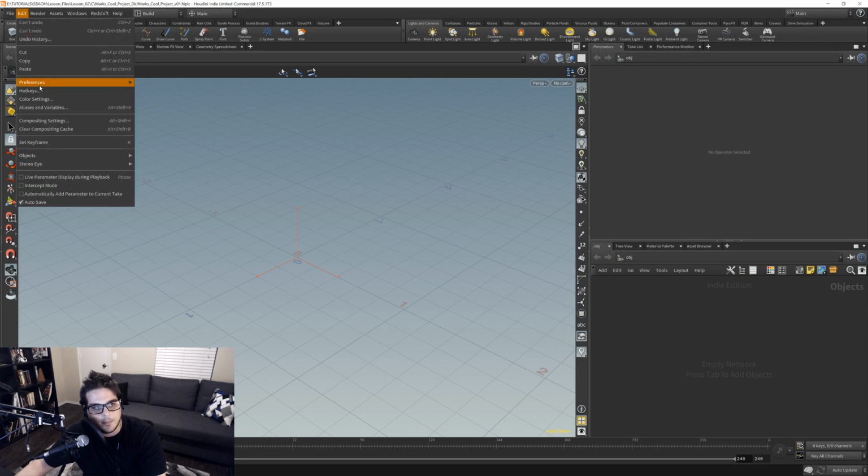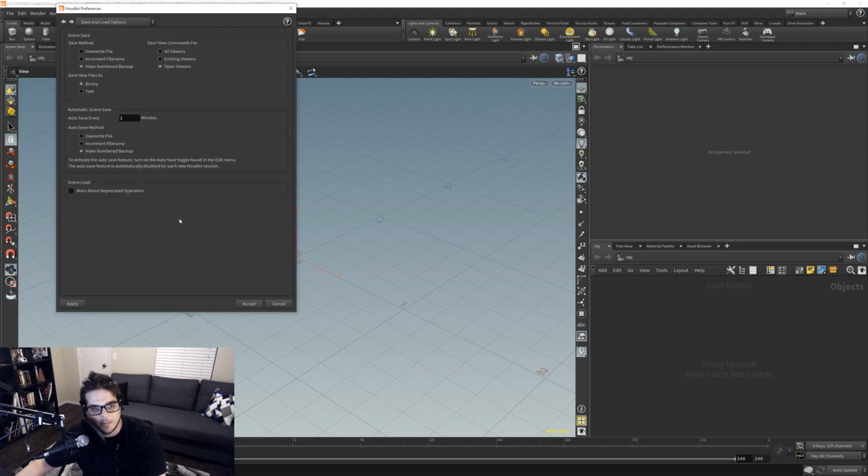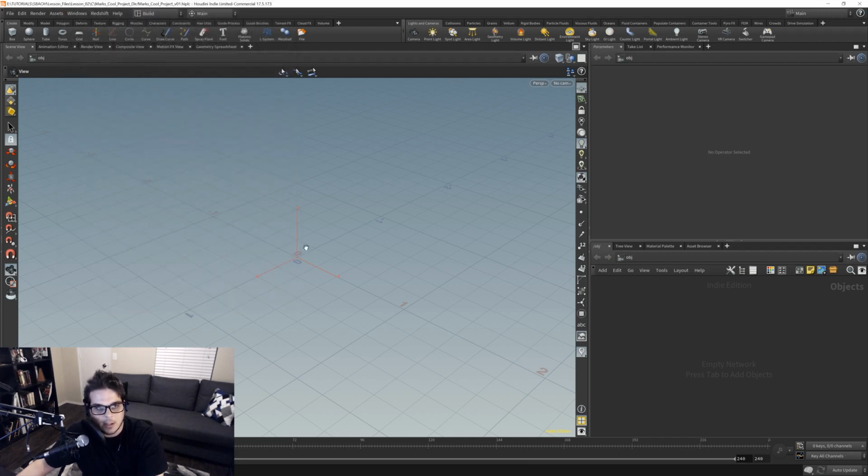under Edit, Preferences, and Save and Load options, you can see here that it's going to automatically save every 1 minute. And you can change your autosave method. I just leave it as default, and I'll explain what this does in just a second. So it's probably actually at this point, if we're lucky, I think because it's only set to be a minute,